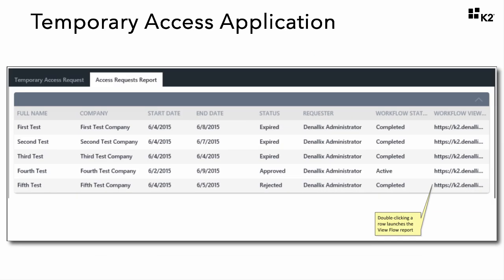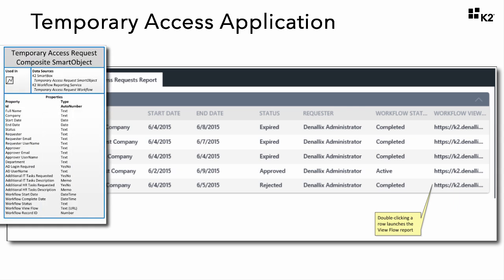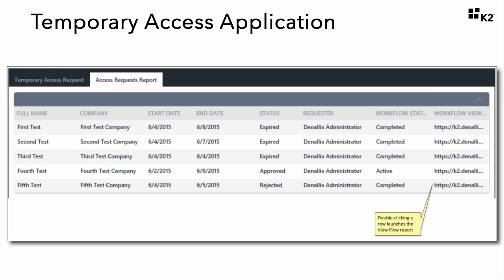In this application, we are going to create a single report which lists all the temporary access request records in the system. What makes this report interesting is that we will create a composite smart object which will combine the data from the workflow reporting service with data from the K2 Smart Objects service. Again, in effect, we are going to combine workflow reporting data with business data to build a report that is